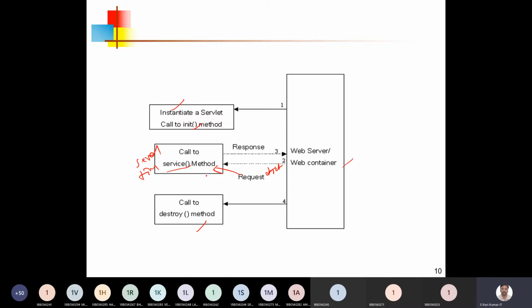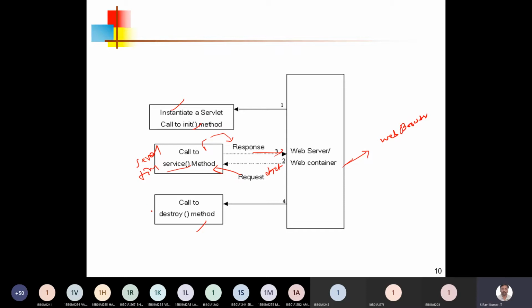Then we get the result, and that result is put into the response object, and the response object will be sent to the servlet container, which takes the responsibility of sending this response object to the web browser.